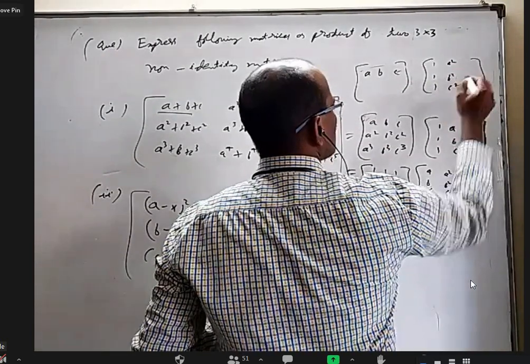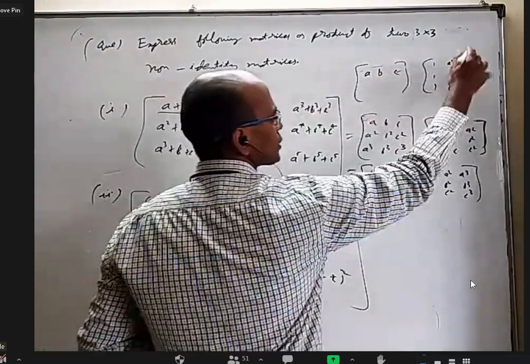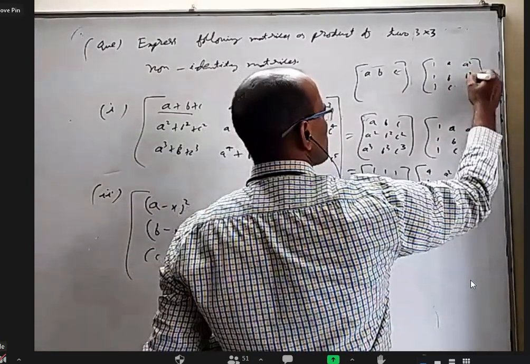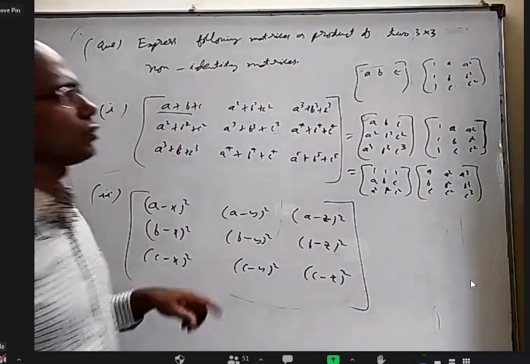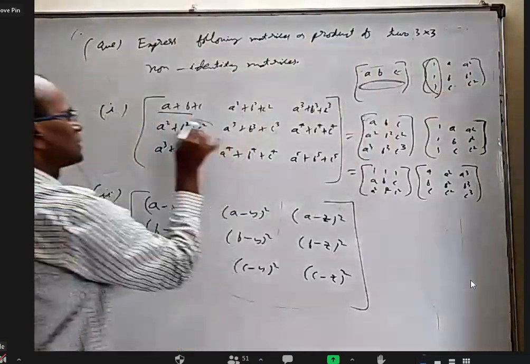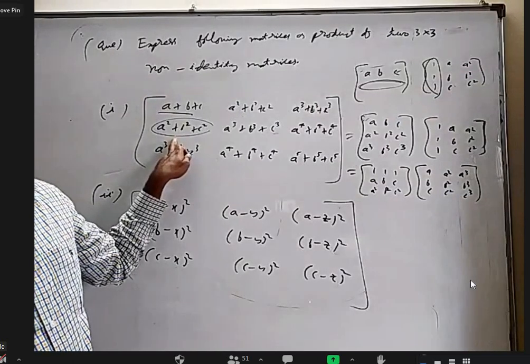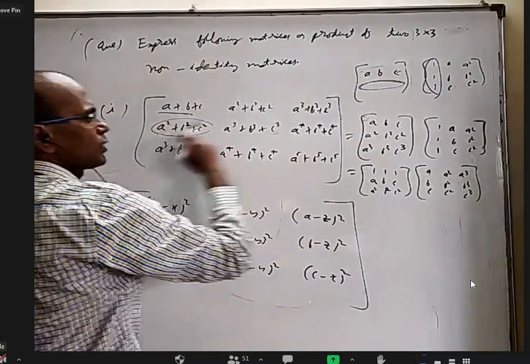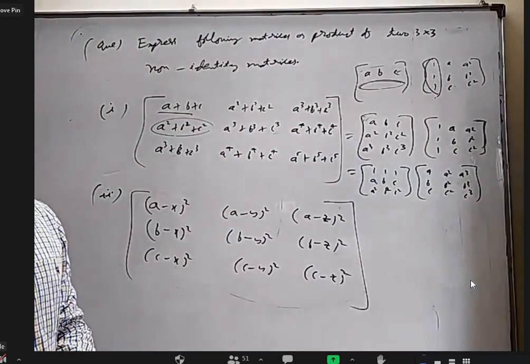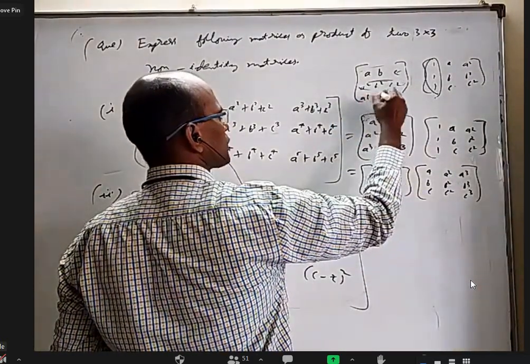Okay. Similarly, this into what is here should give me A cube, this into what is here B cube, this into what is here C cube. Sorry, sir, that will be A, B, and C square. These are ABC and I think these are A square, B square, C square, right? Yes, sir. Now, using these columns, you can tell what is here. Why? Because this column into this, that is, this into this should come this, right? Yes, sir. Okay, so now 1 into what should give me A square, 1 into what will give me B square, 1 into what will give me C square. It will be A square, B square, and C square. That's it. A square, B square, C square, A cube, B cube, C cube.